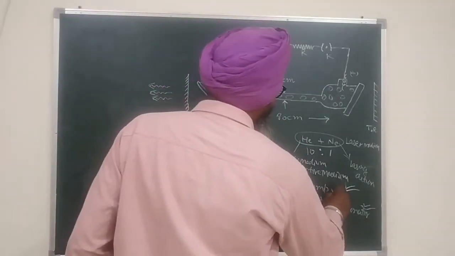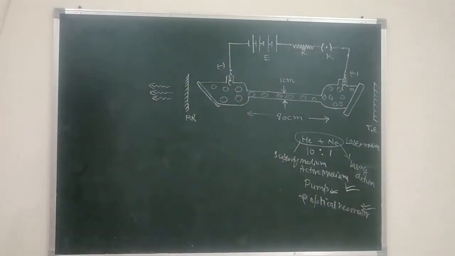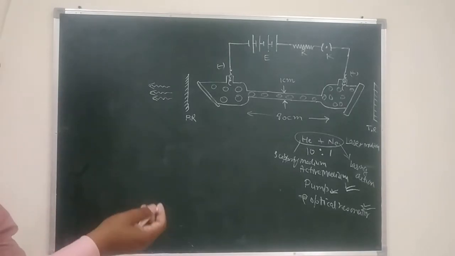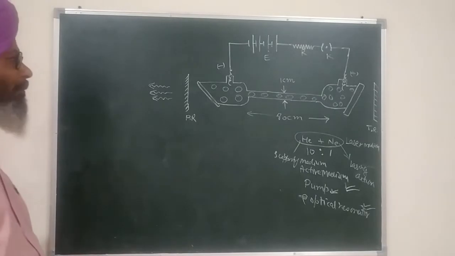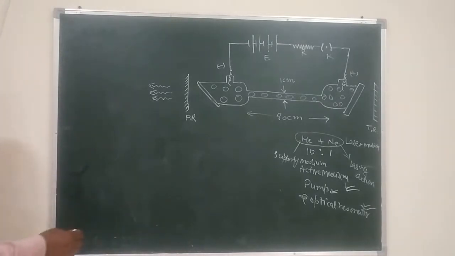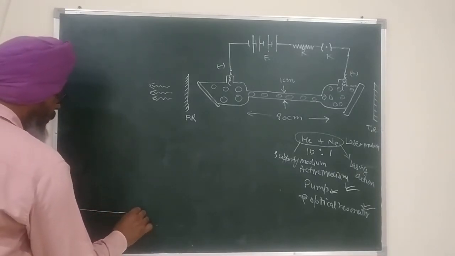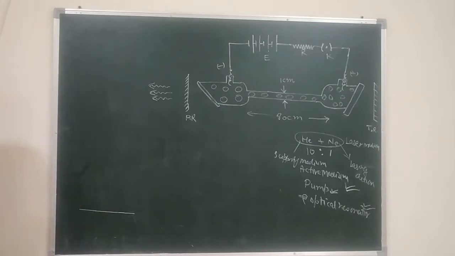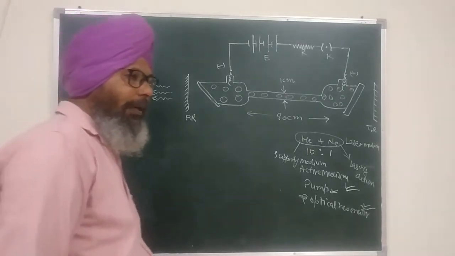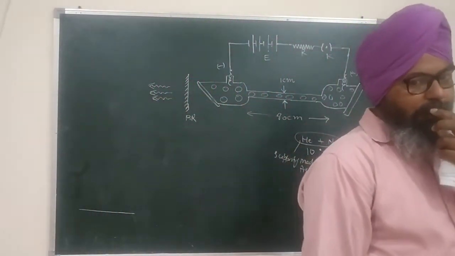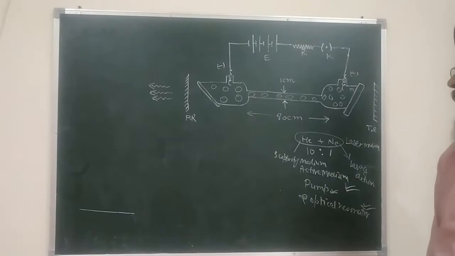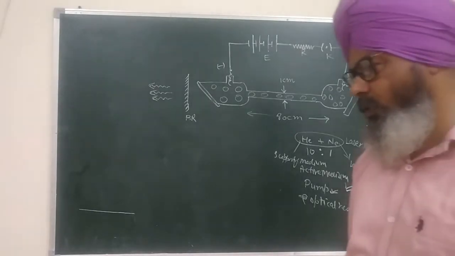So in this diagram we have now identified all three components of the laser, which you should be able to identify and distinguish now. Now, to explain the working of the laser, I must tell you about the energy level diagram. The energy level diagram of both the molecules will be shown. If you have not attended my lecture on the concept of metastable state and the 4-level laser, I would advise you to attend that lecture first. There I told you how metastable states of helium are formed. I will use that concept right now.